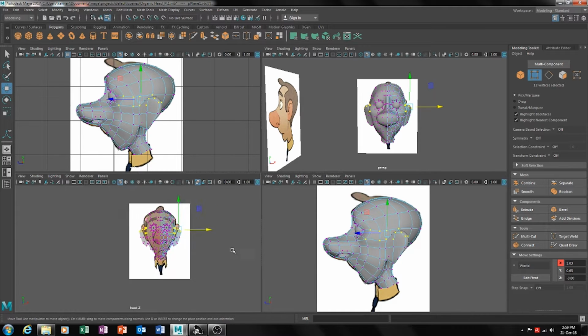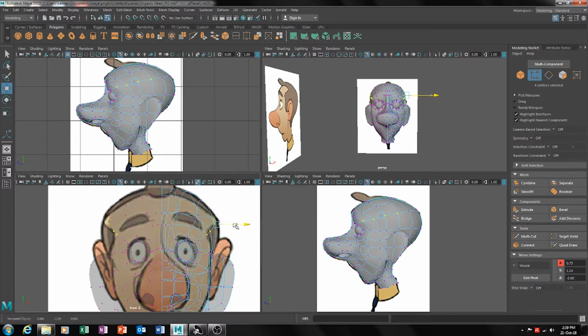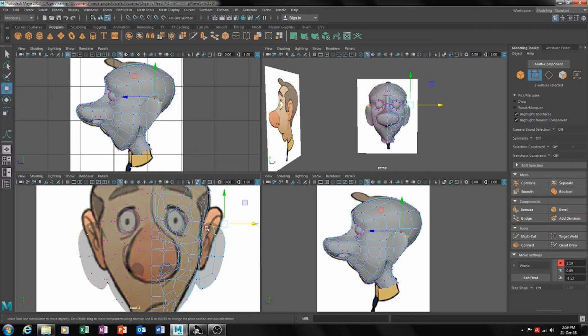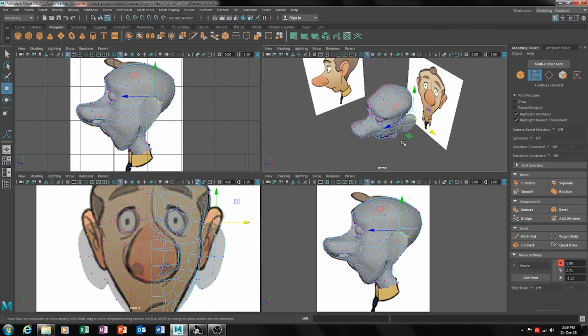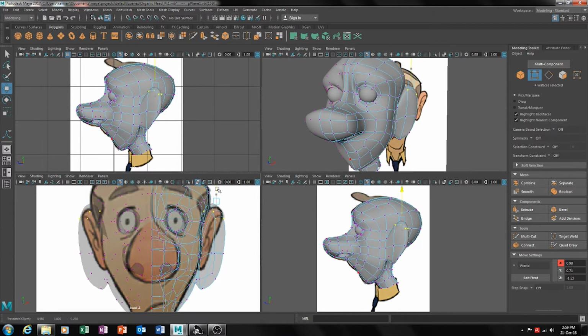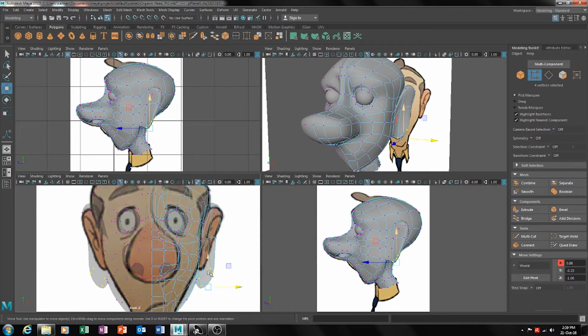On the X-ray vision, bring out the necessary vertices. There's a little bit of offset, don't worry about it too much, a little bit here and there, and then adjust your form so it fits the concept that you're working on. Then bring this one here, and double check on your perspective view so you're choosing the correct vertices, and pull it over. Choose this one, double check on perspective view, bring it up a little bit and slide it in according to the silhouette. Don't worry, you still have to adjust a lot of things, and then push it in so you get the look first. From a side view,